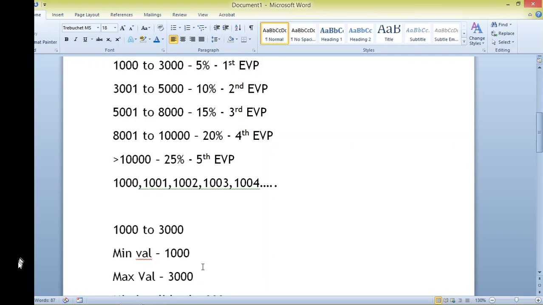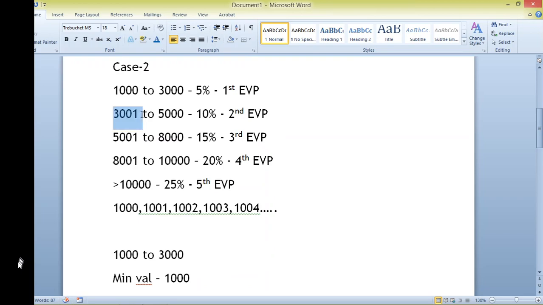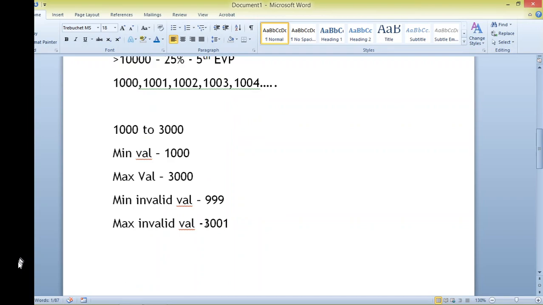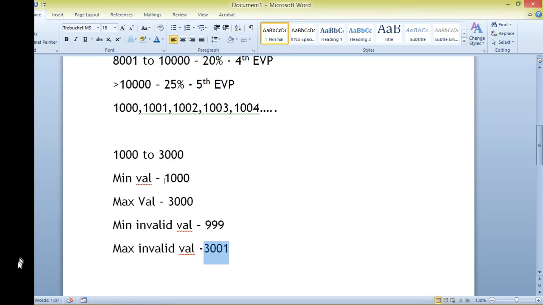Hope you understand that, because here my value starts with 3001. So 3001 is my negative case for the first class, but a positive case for the second class, because once 3001 is given, it should go up to the percentage of 10%.